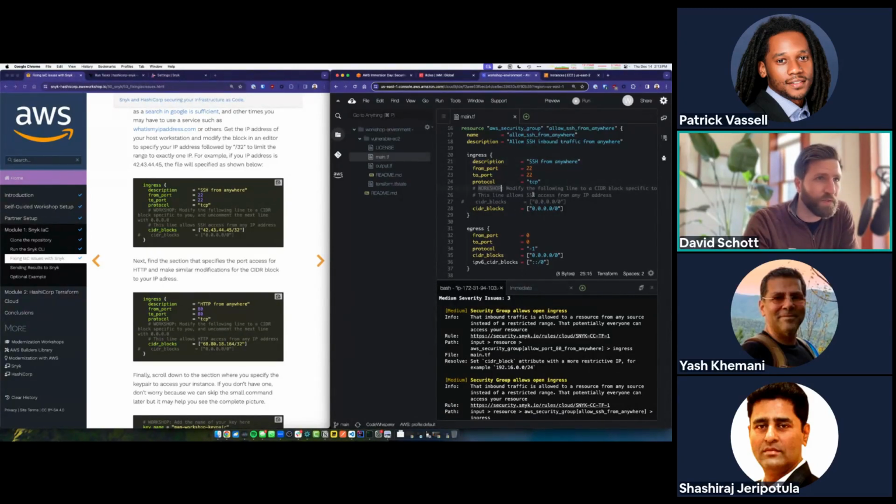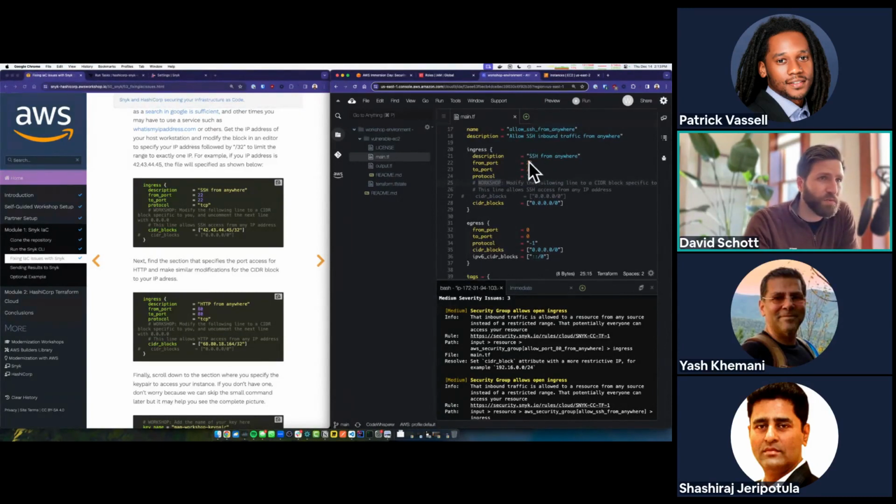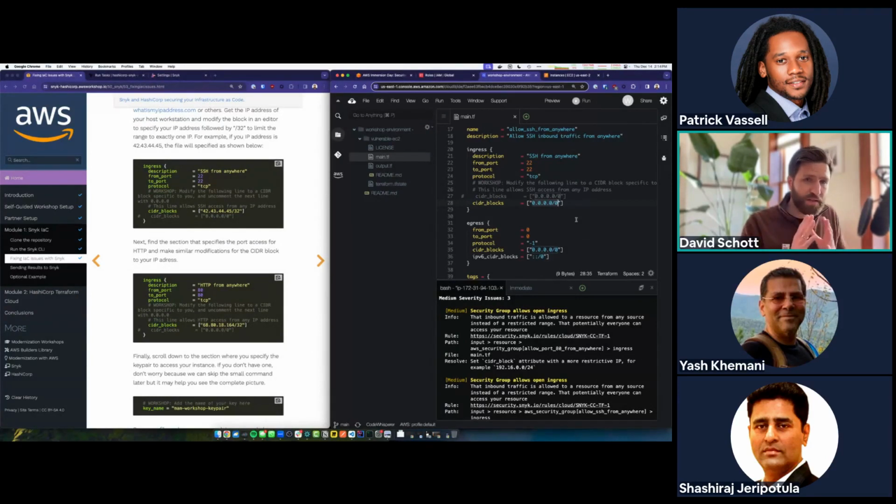So what we want to do for this workshop is modify this rule so that only my IP address is allowed into this EC2 instance. Only I'm allowed to access it. Or more realistically, you might want to change that so your EC2 instance can only be accessed by a VPN connection, or whatever makes sense for your network. But you don't want to leave it like this, which means it's open to the world. So to make this narrow, we're going to change that to my IP address.